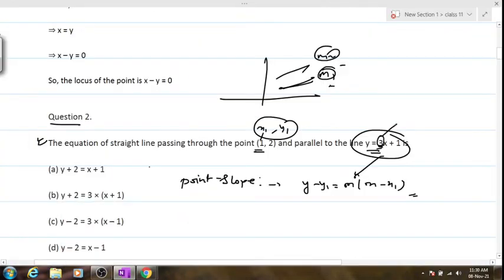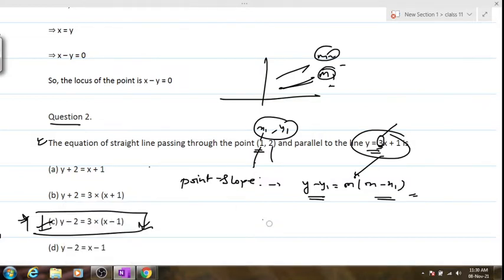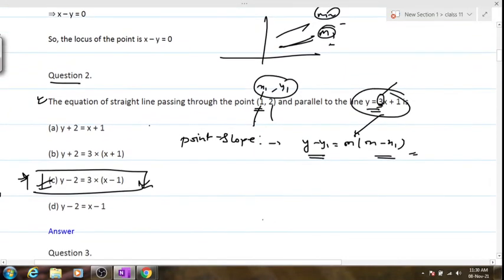Very good. Now make the equation fast. Can I go with option number C? See, the person who said B got it extremely wrong because I have already given the formula x minus x1. So x minus 1 and x minus 2 and y minus 1 will be out there, not x plus 1 and y plus 3. Clear? Yes or no? Now can we move on to the next one? I believe yes, because most of you have already done with this.